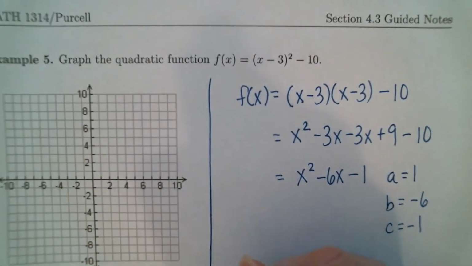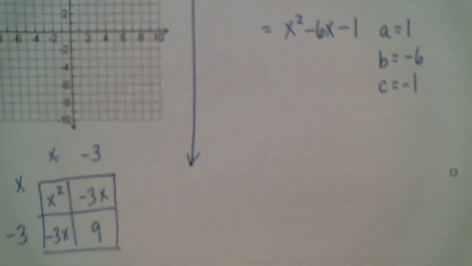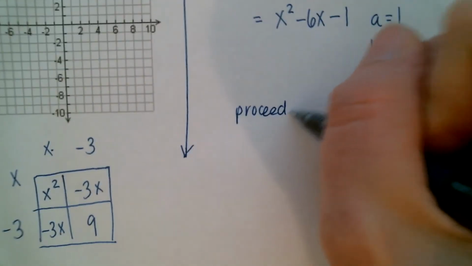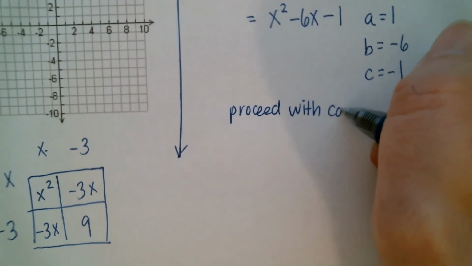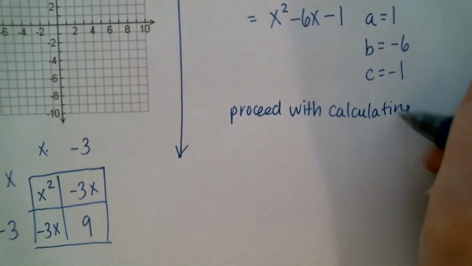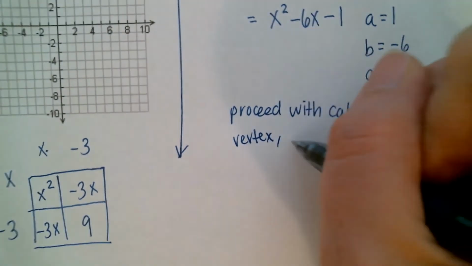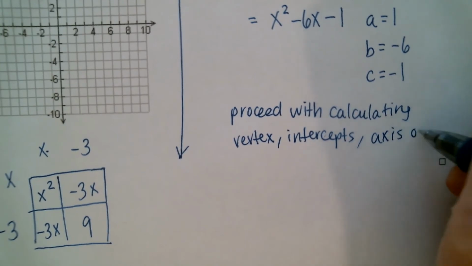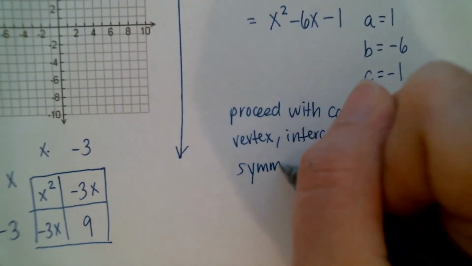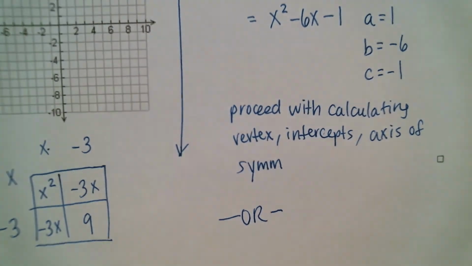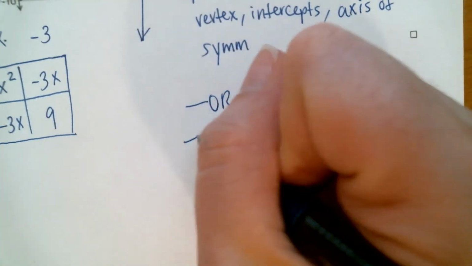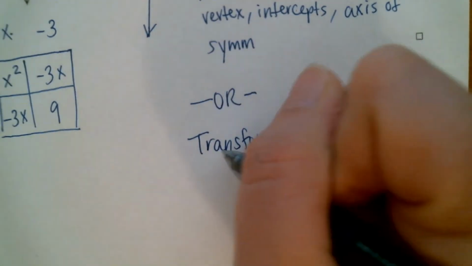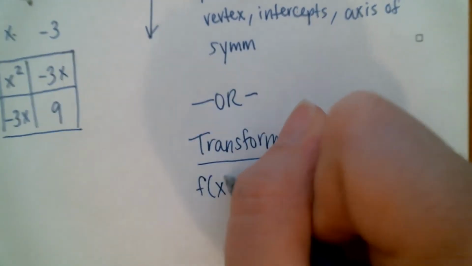So what you can do, okay, before we get to that, I'll put proceed with calculating vertex, intercepts, axis of symmetry. Or you can apply transformations, okay? So when you look at this, you're doing transformations, okay? It's pretty simple to recognize them. Here's our function,